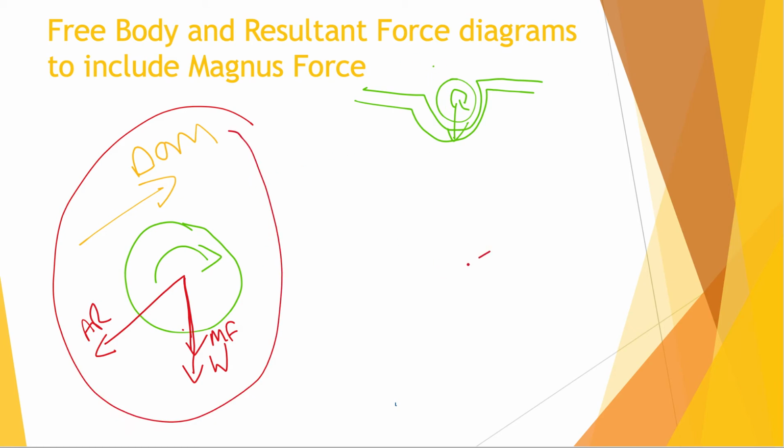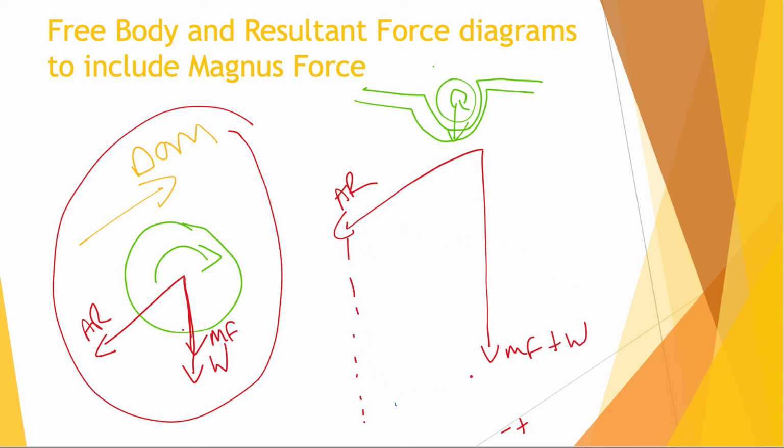Resultant force, we've got our air resistance. I probably should draw that just a little bit further up because we're going to have a long line at the bottom. So air resistance. Now we've got Magnus Force plus weight. If we draw it in, I've still not drawn it far enough down. Sorry. Air resistance, Magnus Force plus weight, because now my parallelogram is going to look something like this, and my resultant